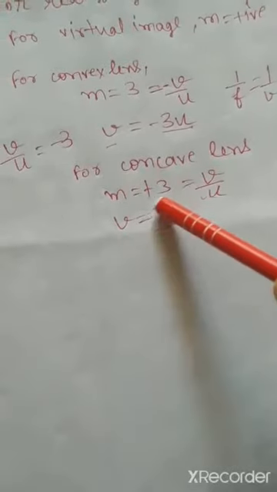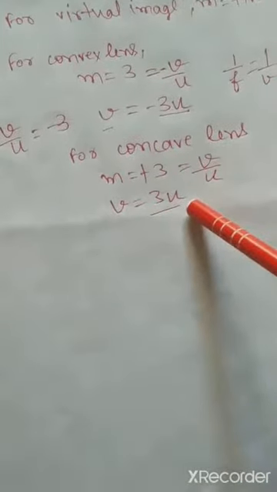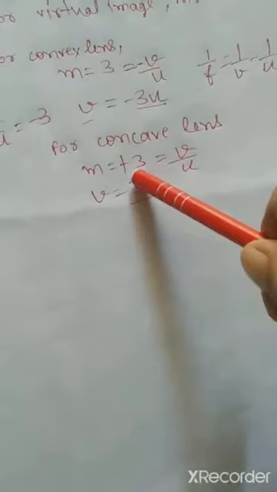So virtual image means magnification will be positive. So in that case m will become plus 3. So v by u will become equal to plus 3. So v will become equal to 3u. So when we use this formula, in place of v, what will we place? 3u. Clear? So this is how we will use this formula to find out the object distance if the focal length and magnification are given to you. So this is the importance of magnification.